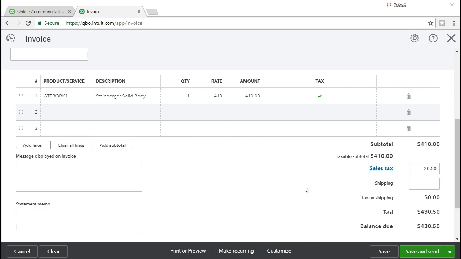And we can call it any kind of revenue account. In our case, I believe it's going to be sales revenue. That's going to go up by the 410, however, not the 430. The difference between the two is the $20.50 sales tax. That's going to be a liability account because we don't get to keep it. We have to pay it back into something like sales tax payable liability, not on the income statement, not affecting